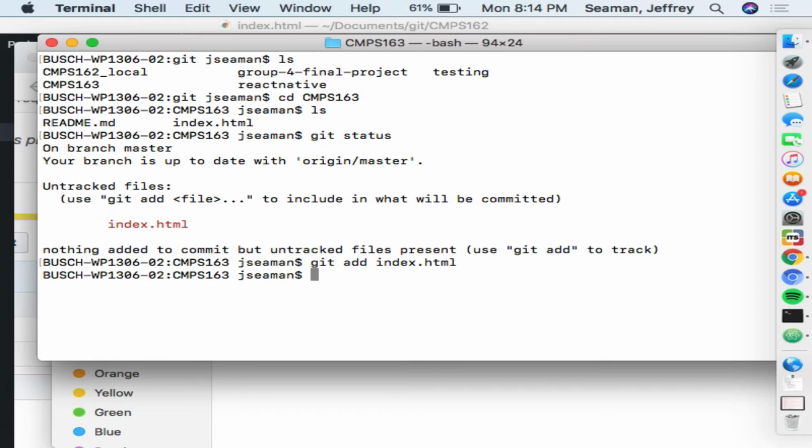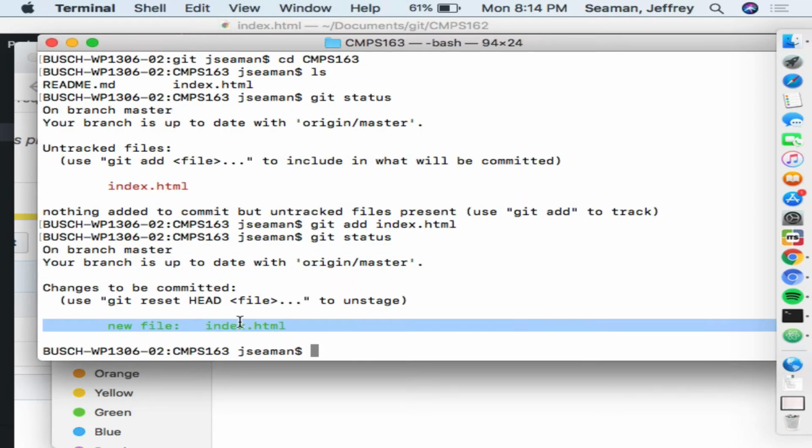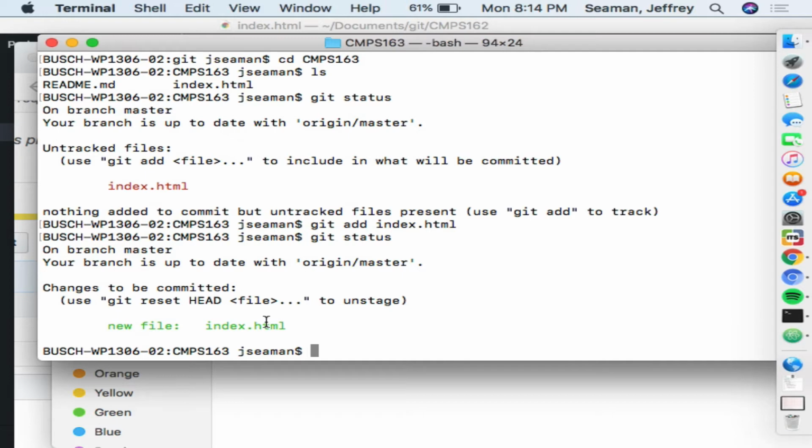After I do git add, I'm gonna do a git status. And now I should have a green. Was everyone able to do git add? All right, everyone have a green status after git status? How about you, Austin? You good? All right, how about you in the back? You don't? All right, so some people